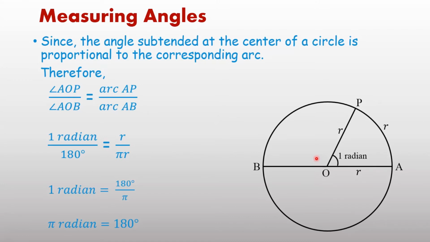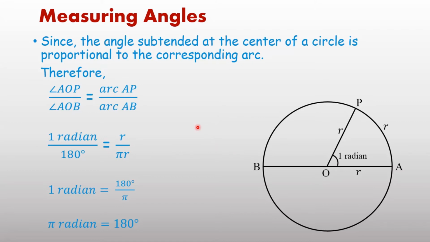It implies 90 degree is known as pi by 2 radian. Right angle means 90 degree, which is half of 180, so pi by 2 radian. Now you can guess the complete angle. Complete angle means 360 degree. 360 degree in radian you can write as 2 pi radian, because 180 degree means pi radian, then 360 means 2 pi radian. Easily you can write one complete angle means 2 pi radian, straight angle pi radian, and right angle pi by 2 radian.